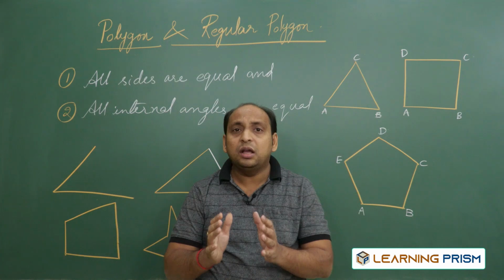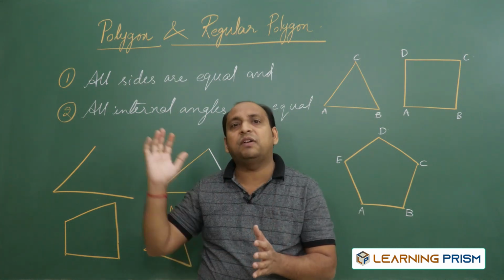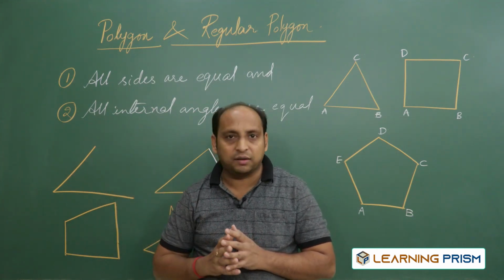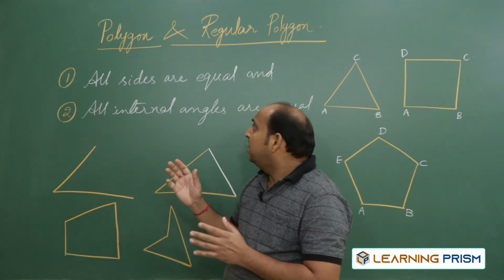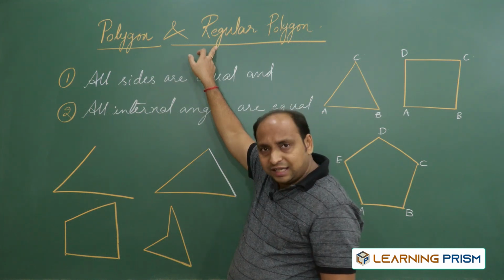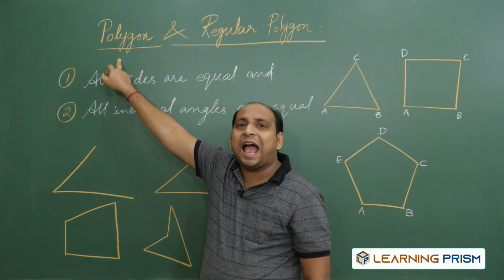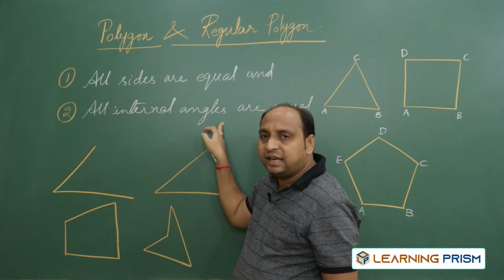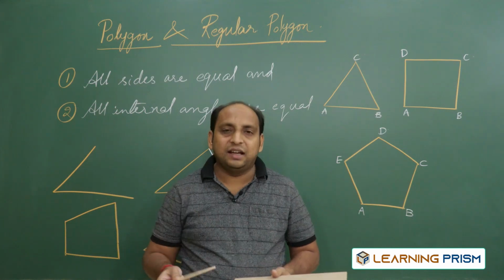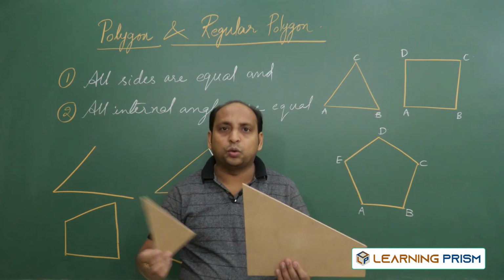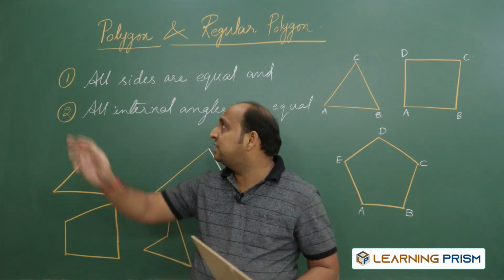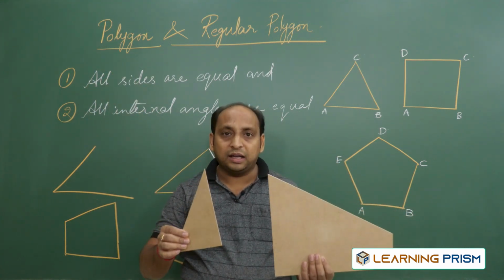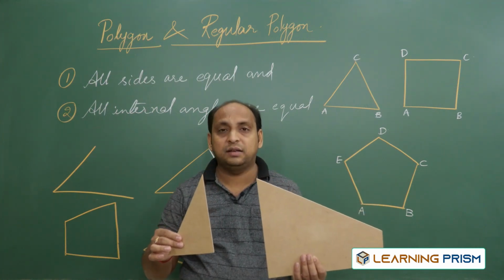Okay, construction of a regular polygon is very important for the subject. So for that reason you need to first know what is a regular polygon. A regular polygon is a polygon having all sides equal and all internal angles also equal. If I consider the same examples which I just showed you to make you understand what a polygon is, this is a polygon, this is a polygon, right? But these are not regular polygons because